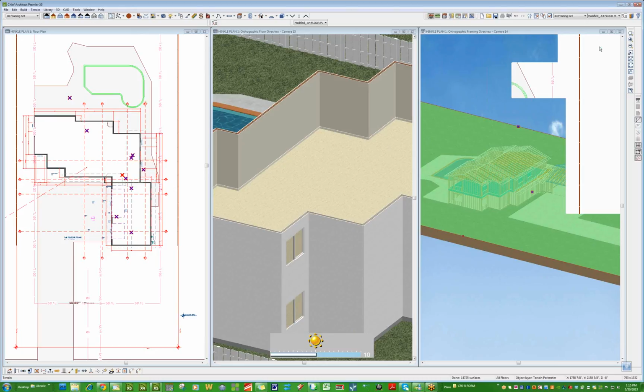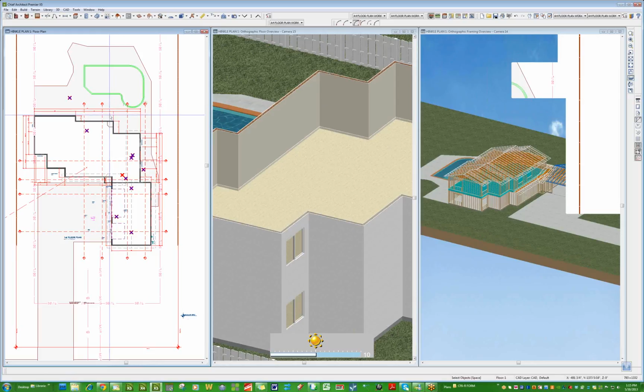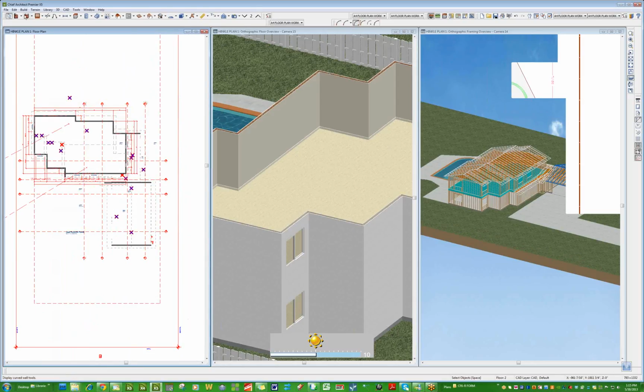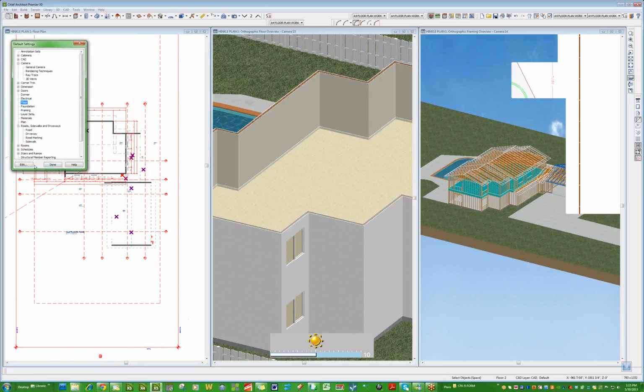Baseboard defaults. Timer started. I've been using this program for 7 years, and I've always used the Chief default for baseboard molding. I'm up on the second floor, and the baseboard molding default settings is edit